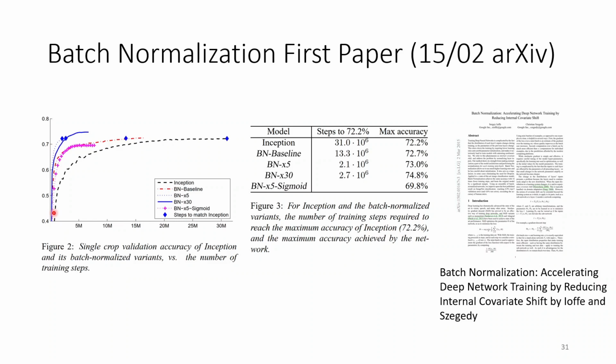Usually the learning rate is a very small number, say 0.001 or 0.0001, etc. After adding the batch normalization layer, they enlarge the learning rate by 5 times or by 30 times, so it can further improve the